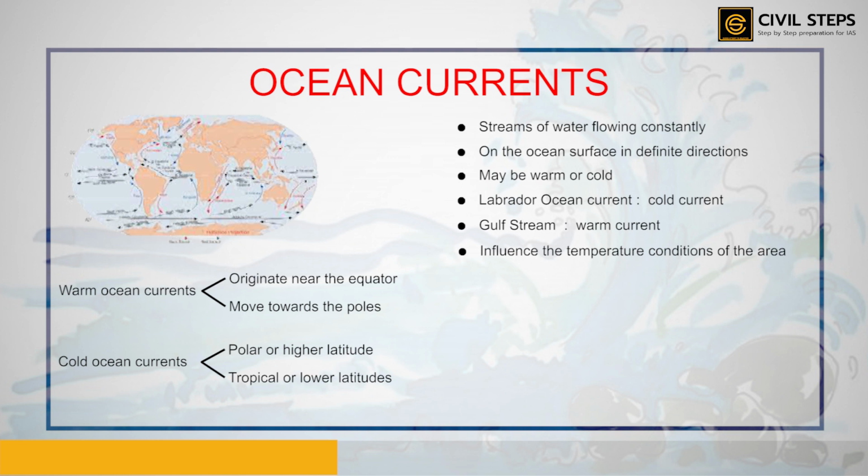The ocean currents influence the temperature conditions of the area. Warm currents bring warm temperatures over the land surface, and the areas where the warm and cold currents meet provide the best fishing grounds of the world. Seas around Japan and the eastern coast of North America are examples of this type. The areas where a warm and cold current meet also experience foggy weather, making navigation difficult. So, this was about the entire chapter.